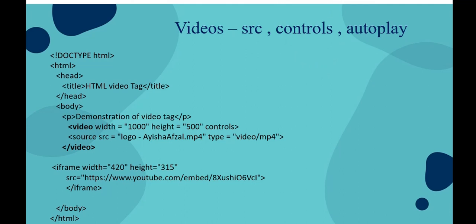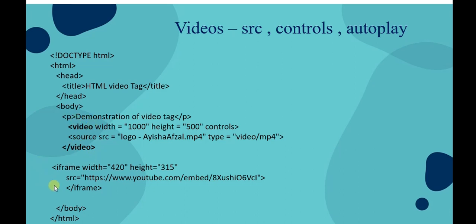Next one, video. As I said, like image and audio, video is also specified like that. Video tag, opening and closing tag, and the width and height of the video. I specified some width and height for the video which I want to display in my web browser. Controls: like audio, I want to pause, play, mute, unmute, make big or small, so I use the word controls. Then the type of the video, then source, my video source. What is the name of the video? I inserted this video, that is the first part.